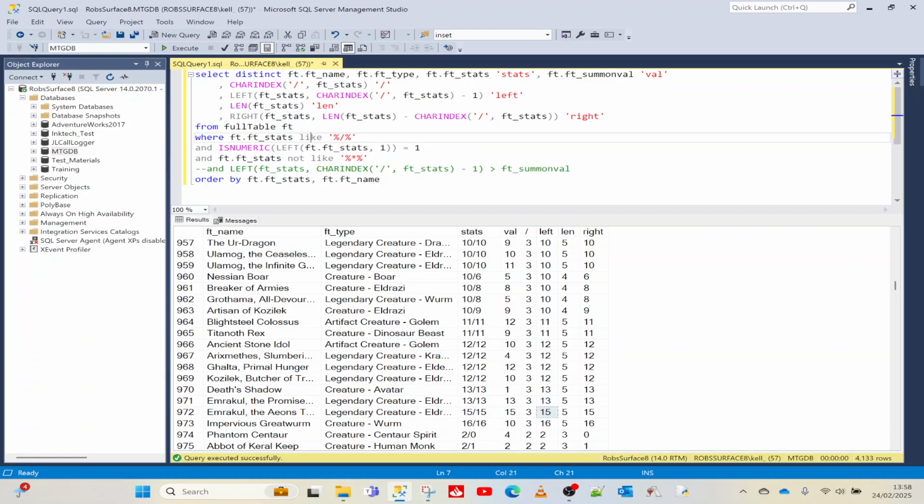Please also note that I've got very specific conditions in here. So I'm only showing where the stats field has a forward slash. I'm only showing where there's a number. I'm ignoring certain characters. You could end up getting errors with your char index if it's trying to search for values in a piece of string that's not long enough, or you might have problems with right and left or len depending on your values that you're searching. So I have put very specific conditions in here to avoid any unnecessary SQL errors